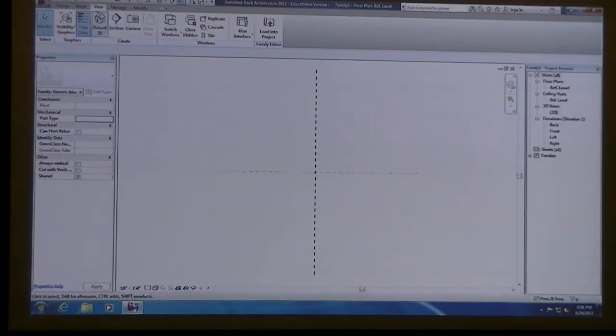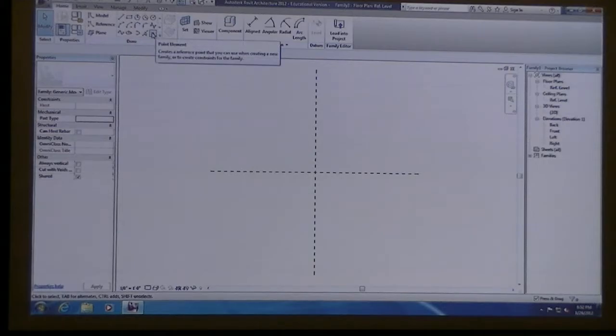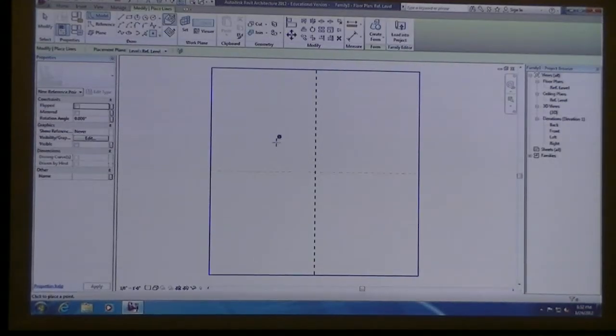So I'm going to switch back to, I'm going to be in like a floor plan view in this adaptive component. And under the Home tool, we'll place our point element. And I'm just going to click on, I'll make a point up here, one down here, and one over here. Make like a triangle.